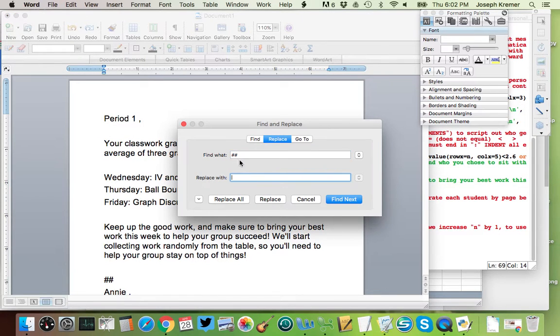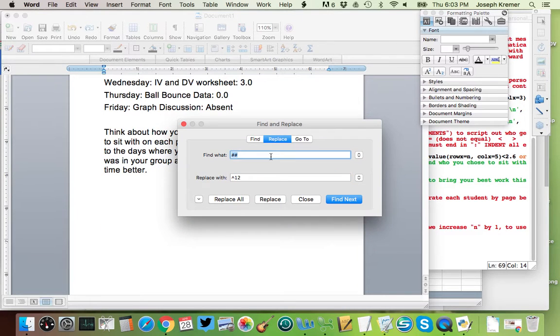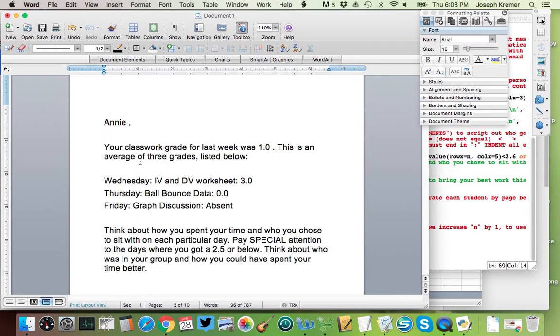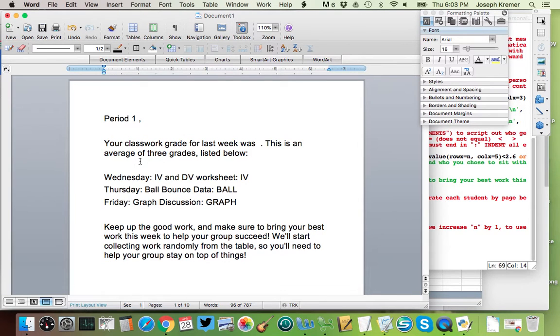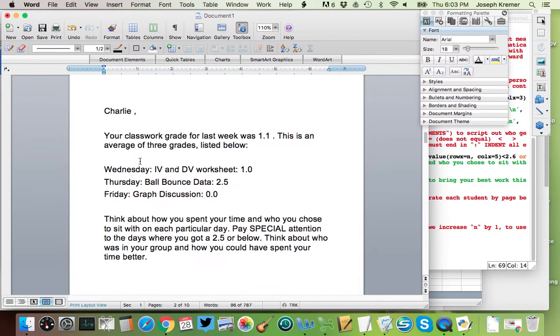instance that I see those double pound signs and replace them with ^12. ^12 happens to be the character code for a page break, so I'm going to go ahead and replace all. And Microsoft Word has gone through and has changed this so that each new student starts on a new